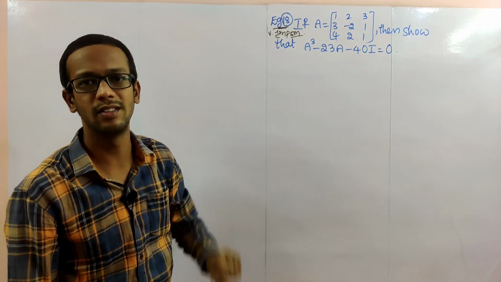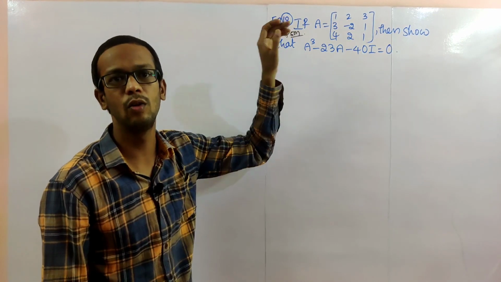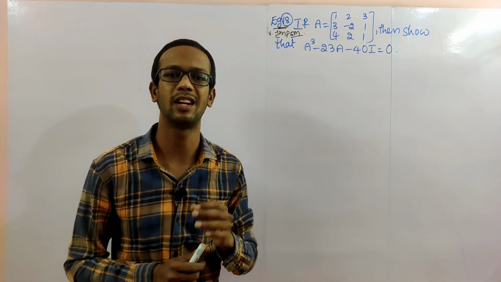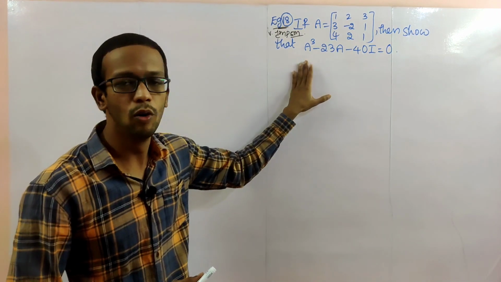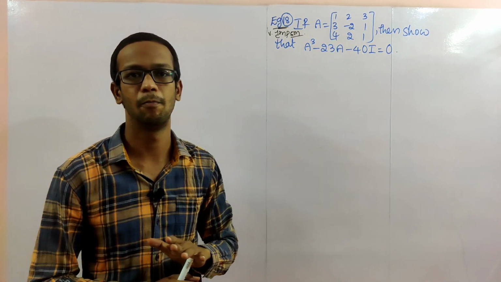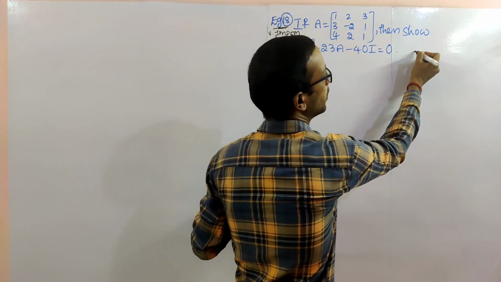But here A cube is there. Very simple, sir: substitute A here and cube it. Each and every element you have to cube? Lot of students make this mistake. Cube means normal numbers, not this. This is a matrix, so we can't do a direct cube. So for finding A cube here,